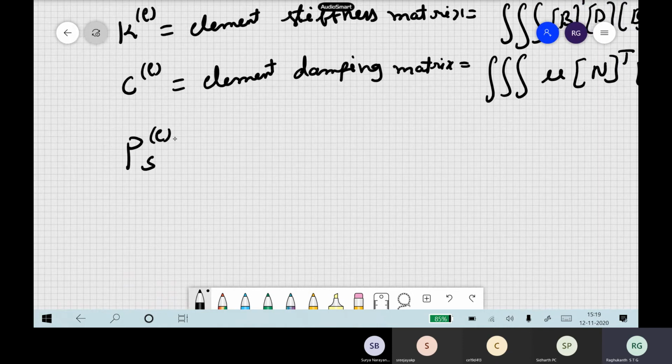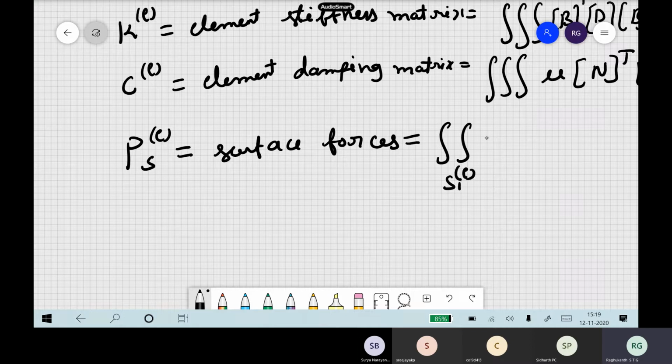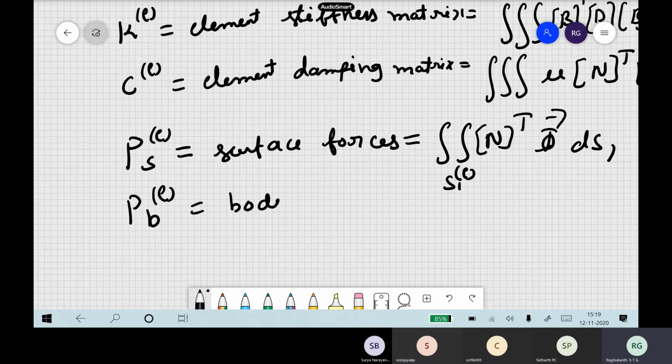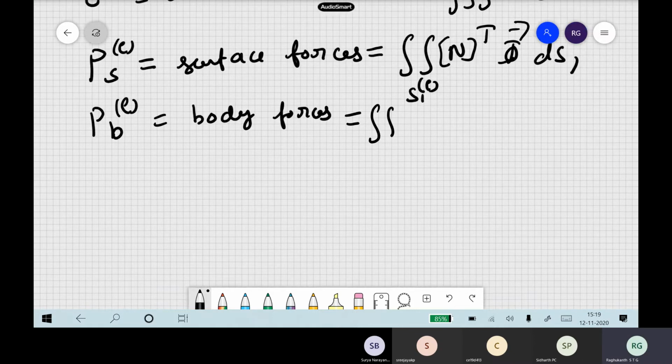So these are the nodal surface forces, which are acting. So this will be an integral, so you have to do that weak form, then you will get all these expressions. So N transpose into phi, multiplied by dS1, then the body forces also you can calculate. So these are all the elemental forces. So N transpose phi into dV. This way you can calculate all the matrices, the stiffness matrix, all kinds of matrices.